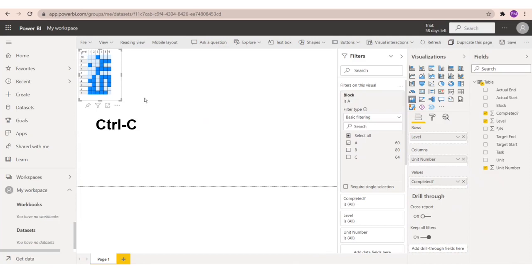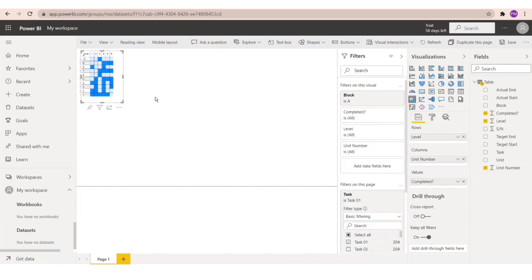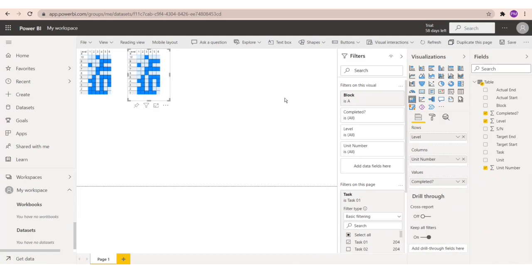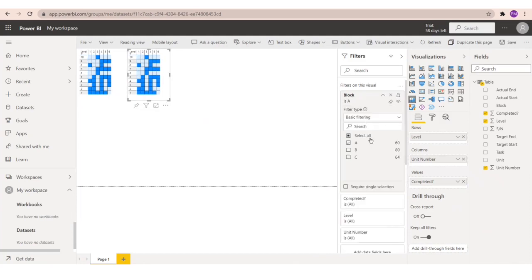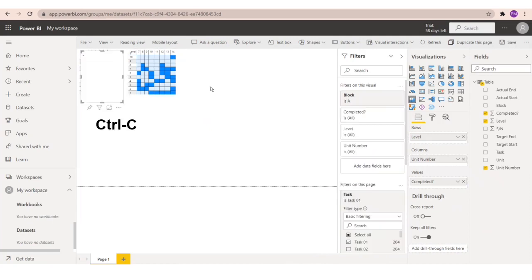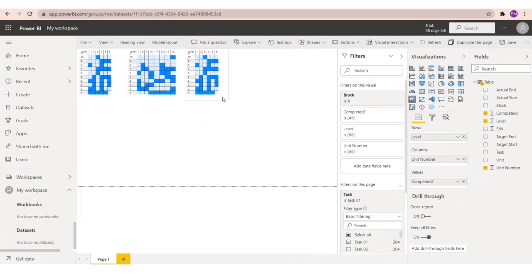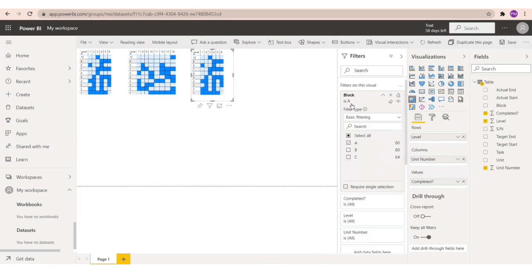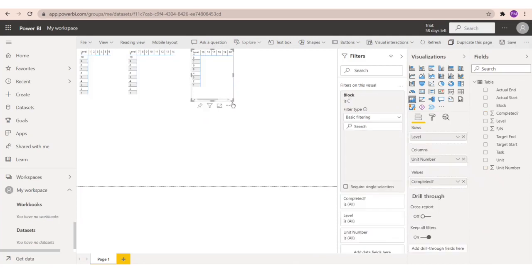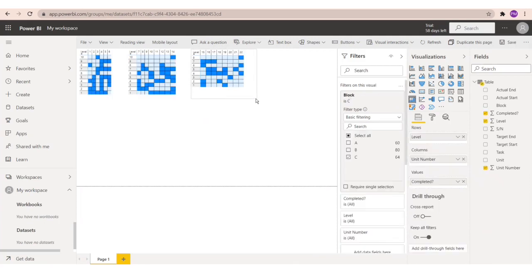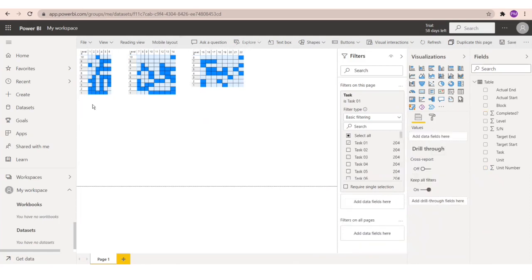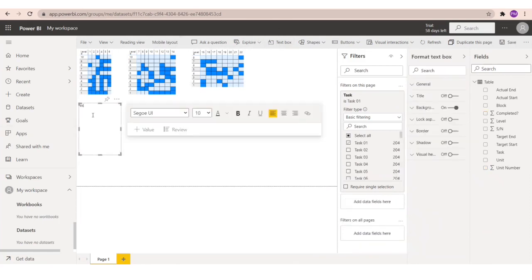Using Ctrl+C and Ctrl+V, cut and paste the visualization chart created to replicate the charts for the next two blocks and change the block filter value accordingly. Add text boxes to add the block references for each of the chart created.